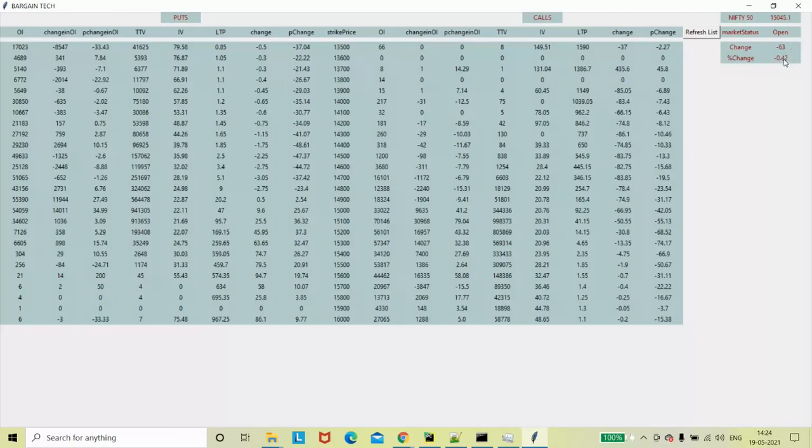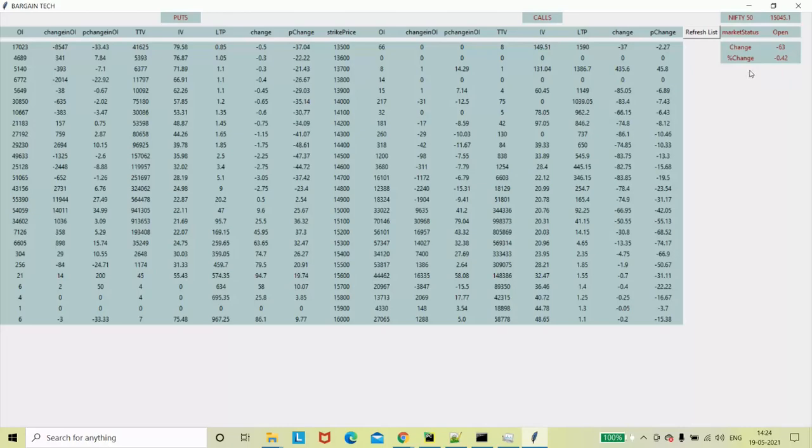This is always coming from the NSE, and I'm just putting it here. If you have seen it through the end, you must have seen values populating on their own. That is something I was able to do.